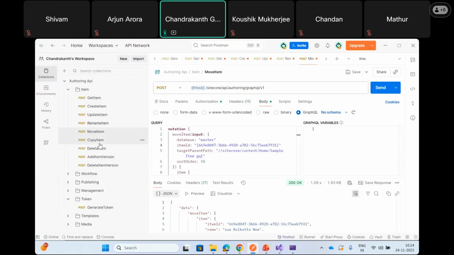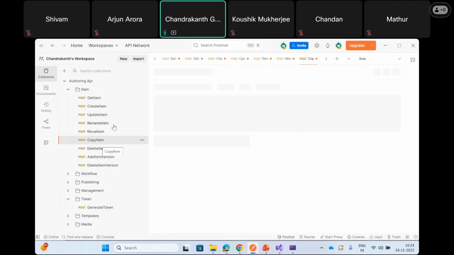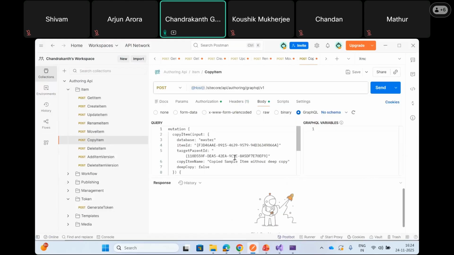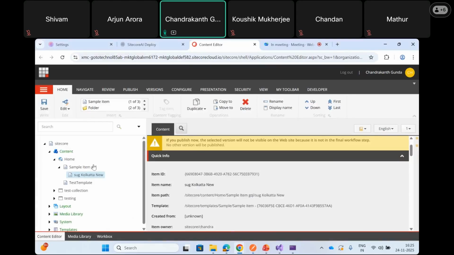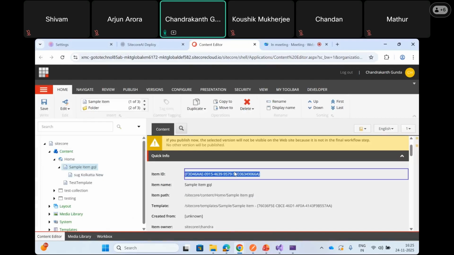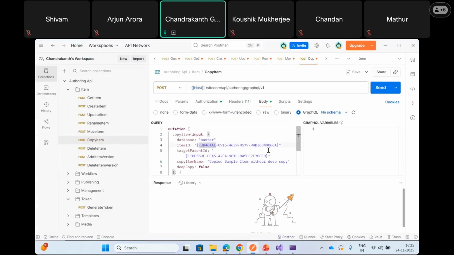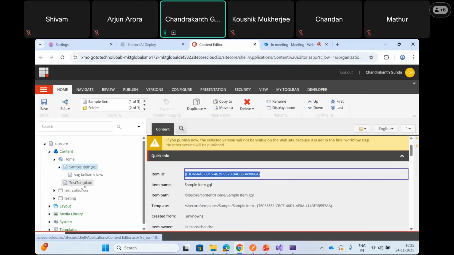Next mutation is the copy item mutation. Here it's similar to the move mutation. Only thing is that we'll use the copy item mutation. Same, we need to pass the item ID. Suppose I want to copy this particular sample item, that is the item I want to copy, and I want to copy it to this test template. Inside this test template,